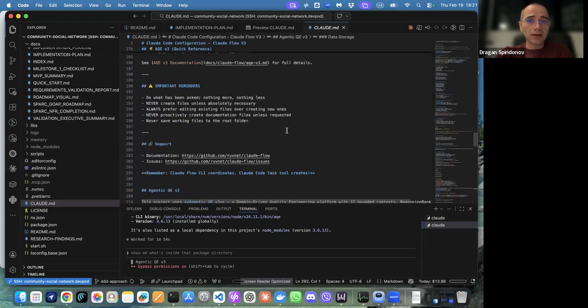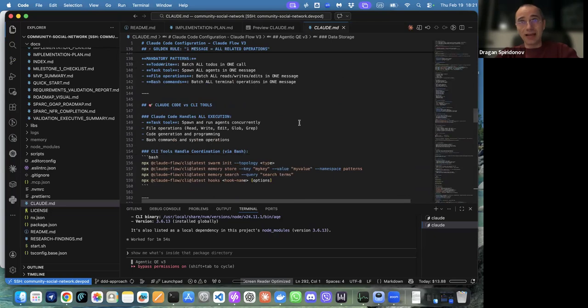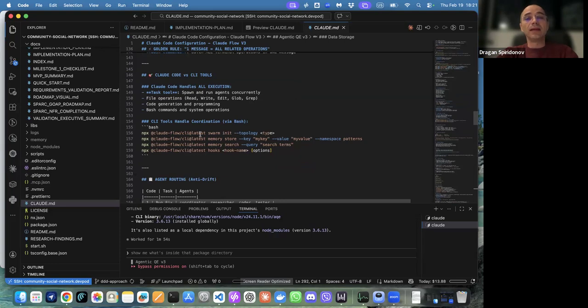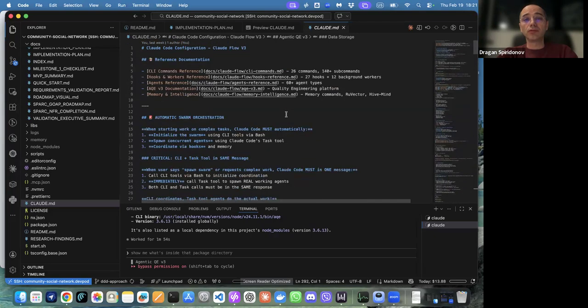In one of the previous sessions, we asked it to restructure Claude MD in order to keep it lean. It has the most important commands and rules it needs immediately here.